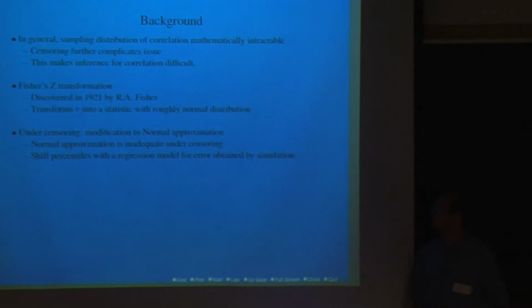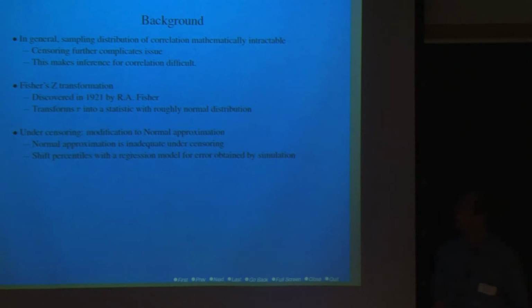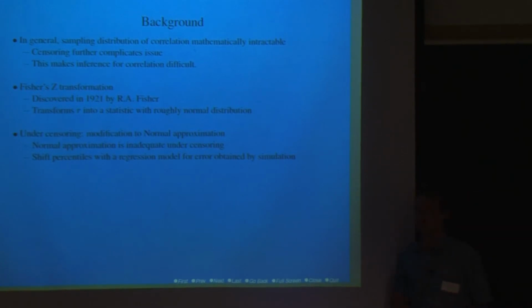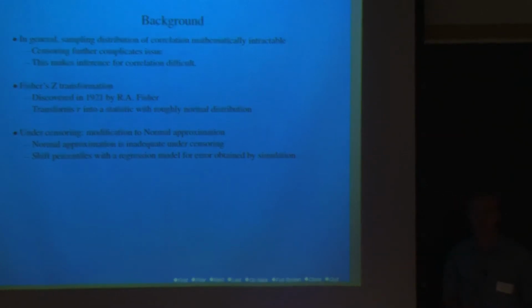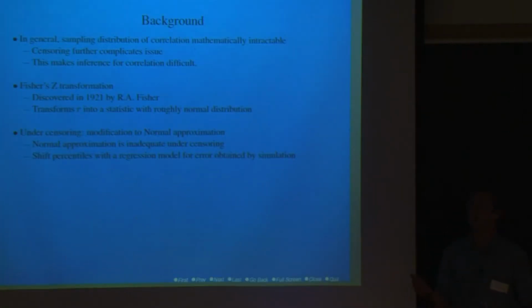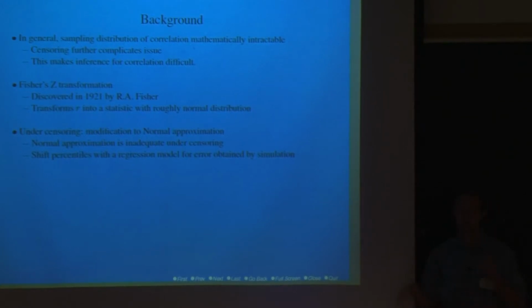approximation. As it turns out, when there isn't censoring, there is an approximation, or a transformation rather, called Fisher's Z transformation. It was discovered in 1921 by R.A. Fisher. Well, 1915 and 1921, he sort of built on himself. It transforms sample correlation into a statistic with a roughly normal distribution. And since we know a lot about the normal distribution, we can carry out inference for this new statistic called Fisher's Z and then translate it back